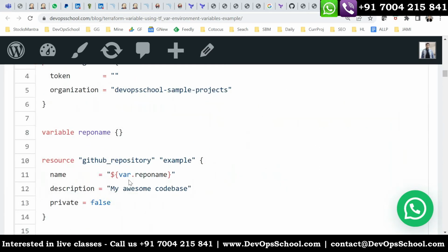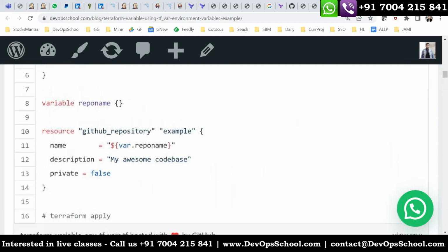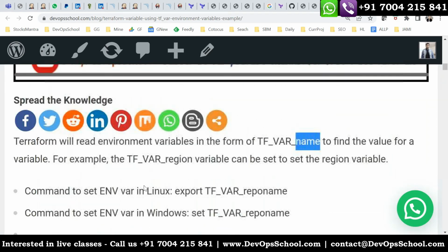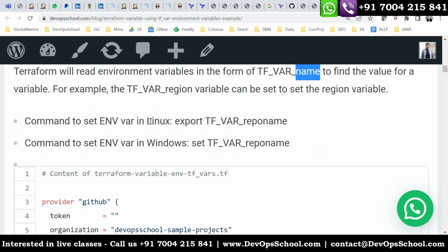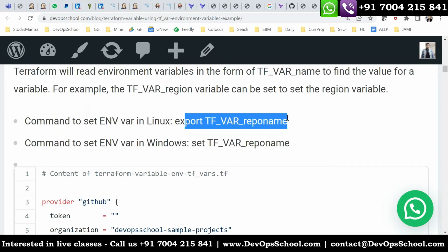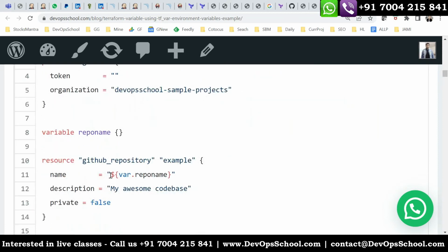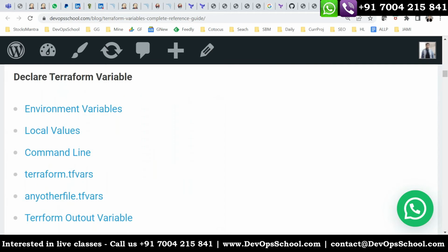So see here, in Linux, how do you set the variable? With the export command, TF_VAR_repo_name, and you set this variable equal to something, and then you can use it the same way. So yes, you can set variables in the environment also.